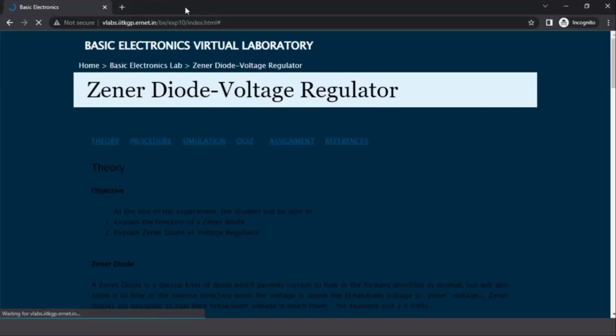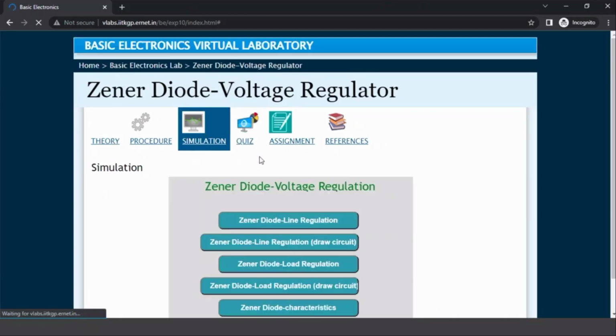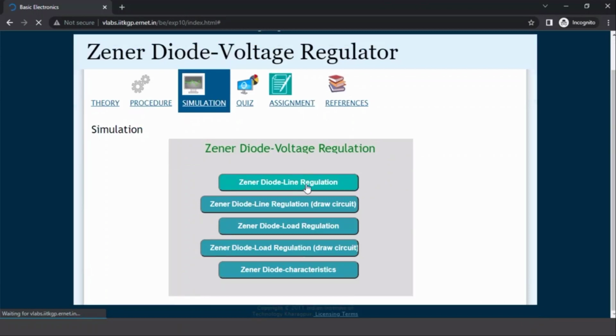It is again a similar virtual lab based experiment. Okay, all of you can see this. Just check, is it visible to all? Yeah. So you can go to the theory later. It's similar to what we have discussed. You can go for Zener diode as a line regulation, Zener diode for load regulation, and Zener diode characteristics. If you go for characteristics, you can click on the Zener diode characteristics. It will open another virtual lab page.